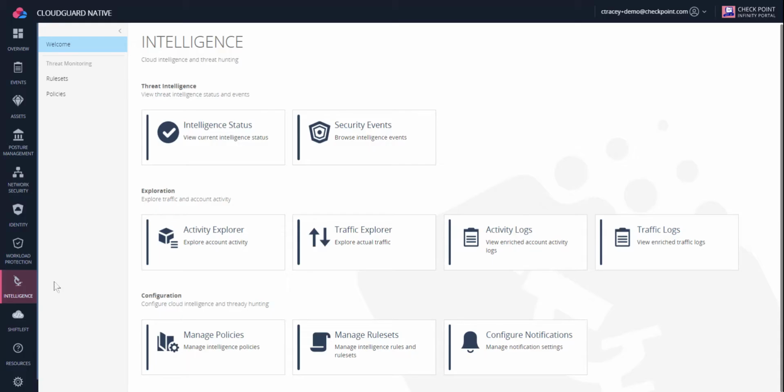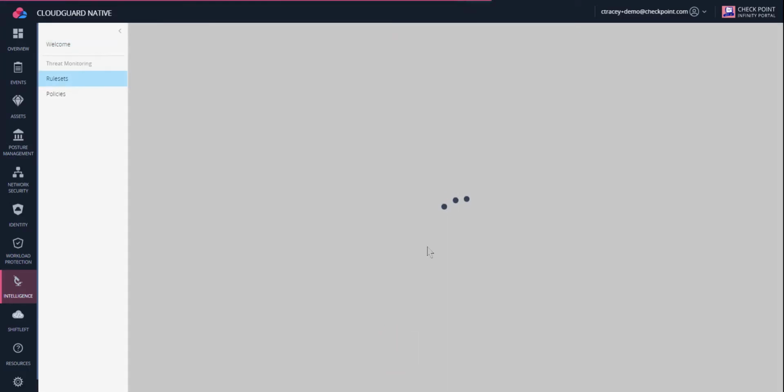With the newer, improved intelligence menu now, we have a central set of shortcuts that will allow you to quickly move and examine the areas of concern, whether it is the dashboard where we get started, that is the first screen that we log in and see and that we can customize, to the events, as well as a traffic explorer, both in a smart log form, and in a visual form like you may become familiar with in the network security portion, as well as being able to configure policies, again, like you did in posture management, modify as in manage those rule sets, and as well as configure